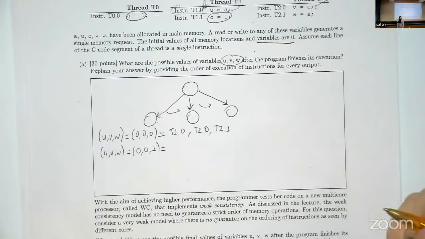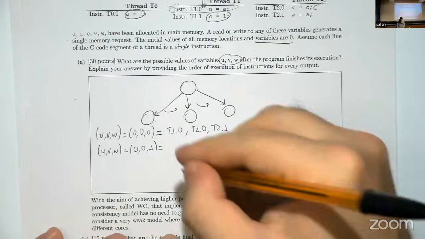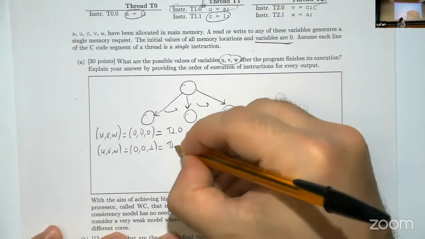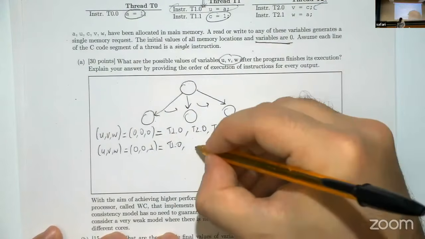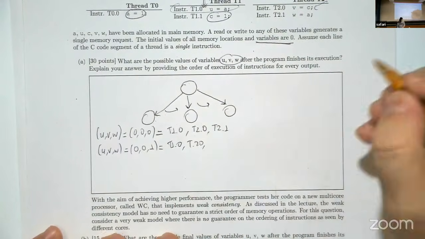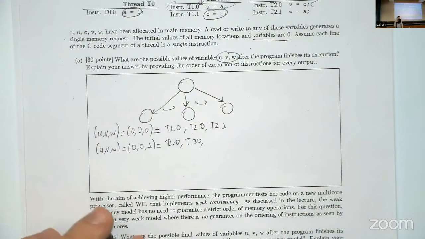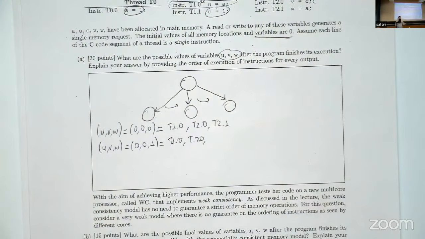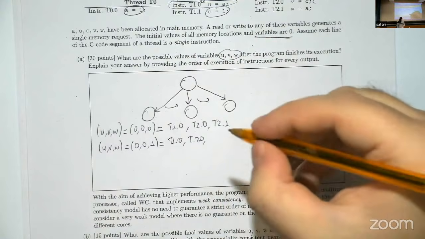Then we have 0, 0, 1. In 0, 0, 1, again, U is the same, T1, 0. V is the same, T2, 0. But then W changes here. We need to set W to 1 somehow. We need to find a way. And the way is,